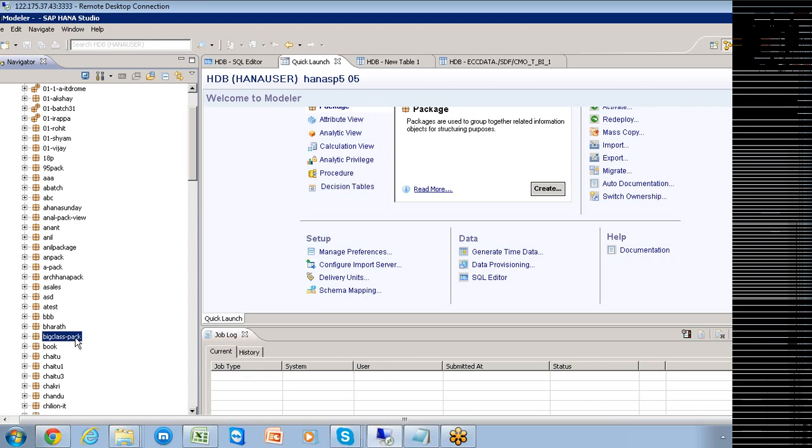Now, whatever modeling you are going to create, that modeling activity needs to be created in the form of star schemas only. The main purpose of creating such things is only for star schemas. Star schemas contain two types of tables: one is the dimension tables, and the second is the fact tables. We need to create the dimension tables first, and based on the dimension tables, we then go ahead and start creating the fact tables.